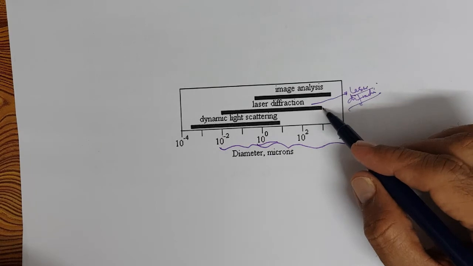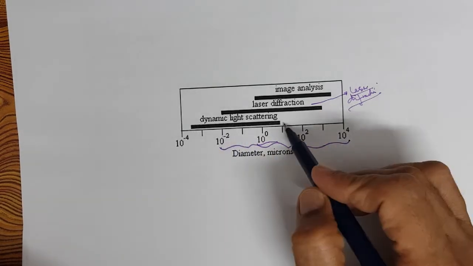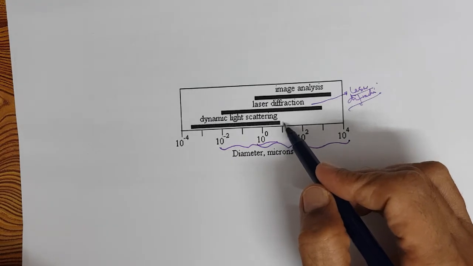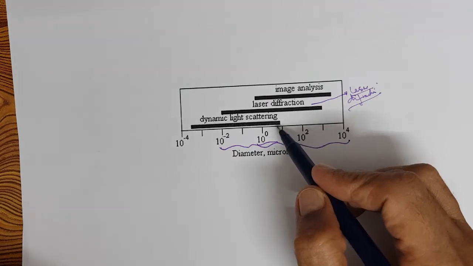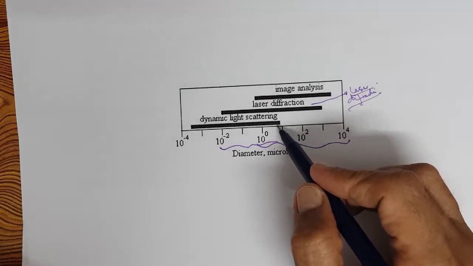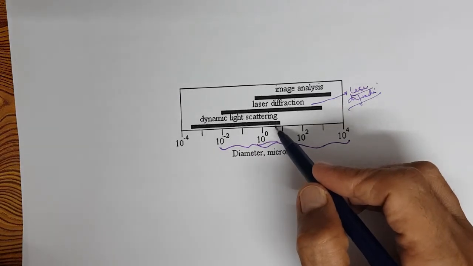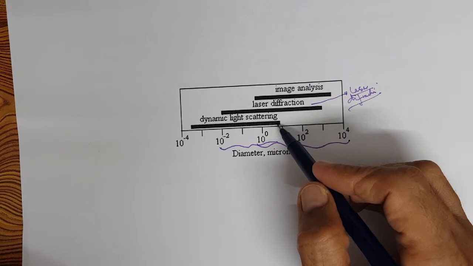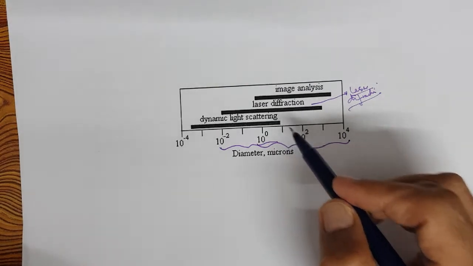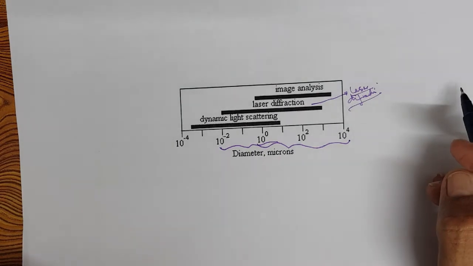That is laser diffraction. And dynamic light scattering is very good for nano emulsions and for fine emulsion systems. The advantage of dynamic light scattering is that you get the zeta potential and the particle size also, right? These are all the latest techniques, and the equipment is a little expensive, but once you have it, like the rheometer which we discussed, it throws a lot of data.